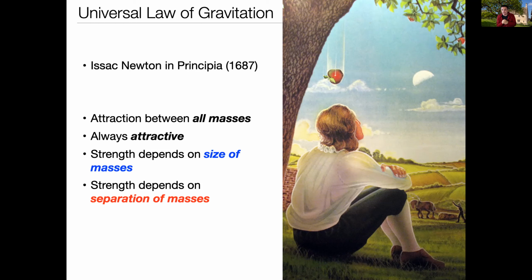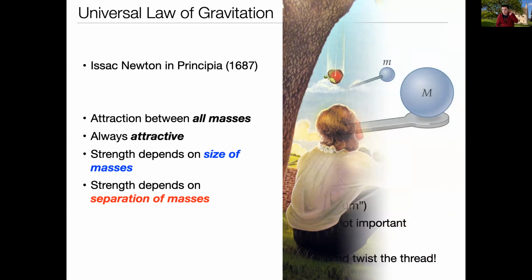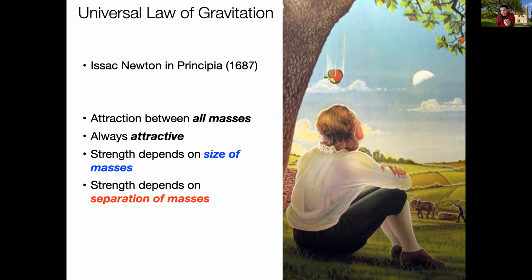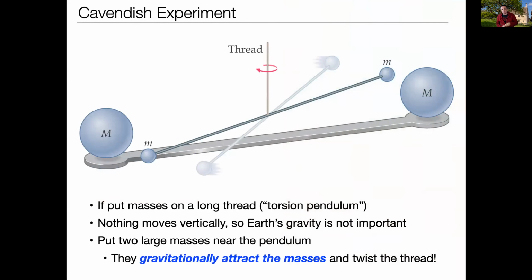Okay, so it was actually proved very quickly thereafter that that was in fact true, and it was proved in an experiment that you can do in your own basement if you are so inclined. That experiment is called the Cavendish experiment. The reason in this situation you don't notice the apple being attracted to you is because the Earth is so much larger, so the Earth pulls on the apple so much more strongly that it dominates that interaction. Any small force that you exert on the apple doesn't really deflect it in its fall towards the ground at all. Okay, so Cavendish's great brilliance was that he said, well, we've got to get the Earth out of this problem.